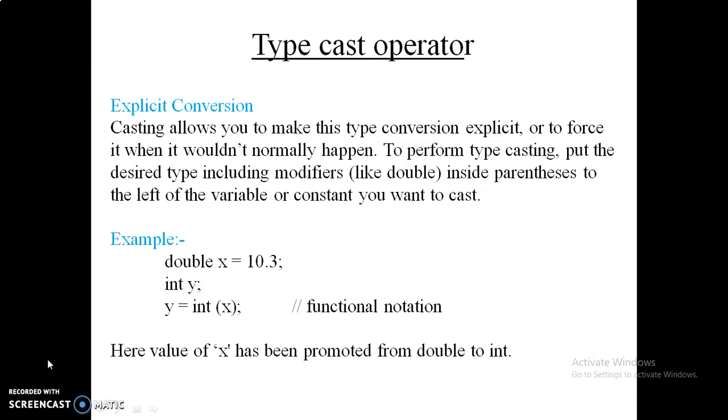The integer size is 4 bytes, whereas double reserves 8 bytes in the memory. So we are moving from higher bytes to lower bytes. For specifying such a conversion, we explicitly mention it like this in our example. So y is equal to int(x) represents such a conversion. So this is an example of an explicit conversion.